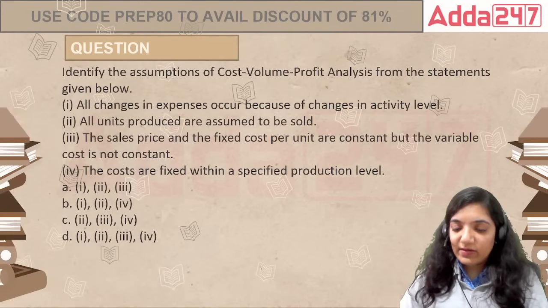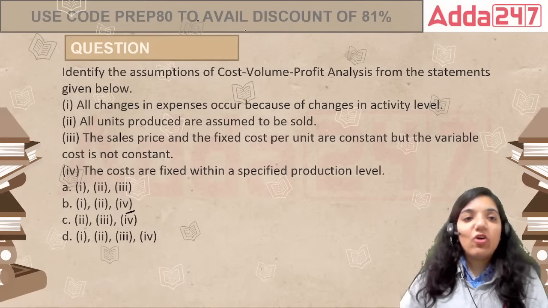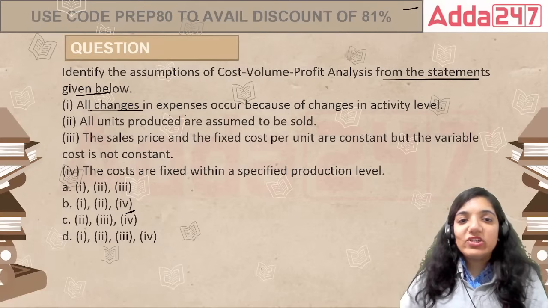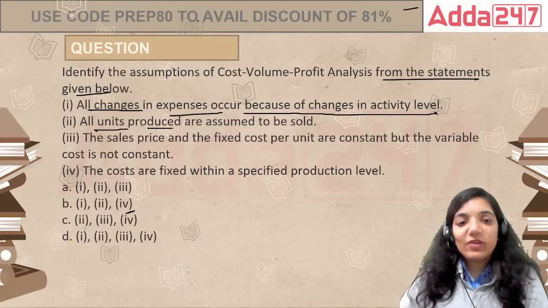Next question, everyone. It says identify the assumptions of the CVP, cost, volume, profit analysis from the statements given below. All the changes in expenses occur during the change in activity level. All units produced are assumed to be sold. The sales price at the fixed cost